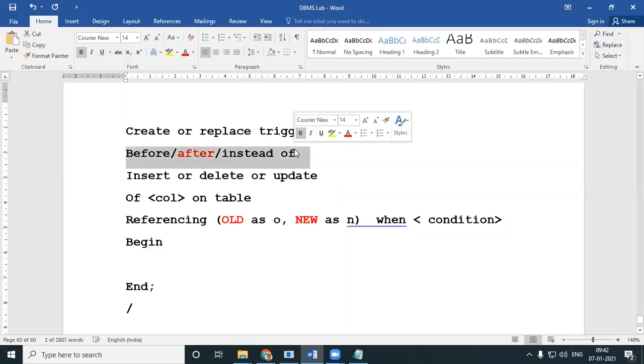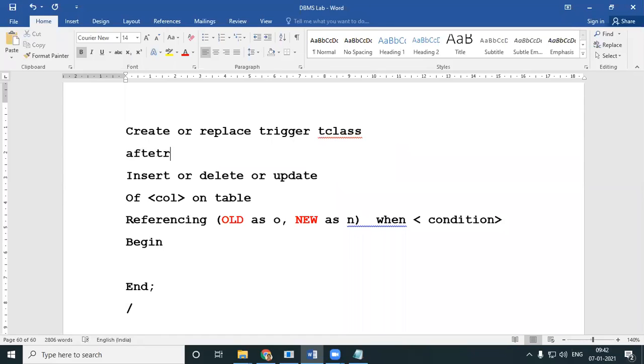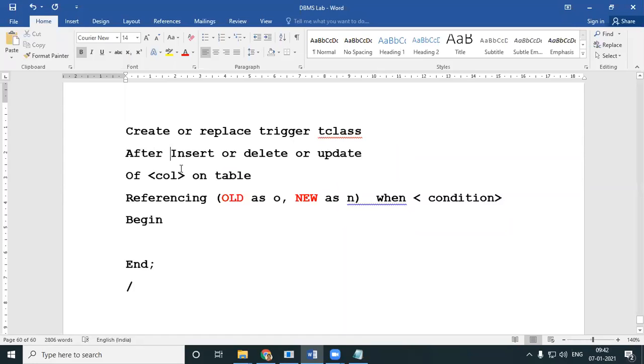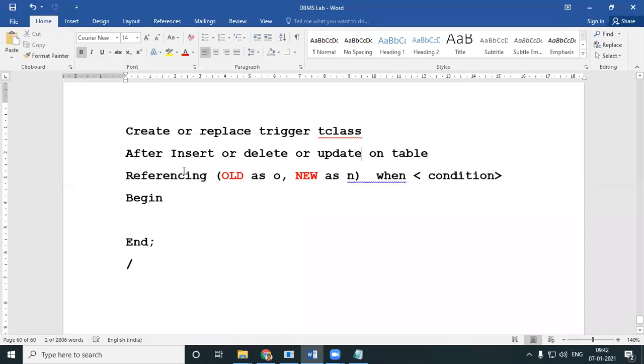Create or replace trigger T class. You can give either before or after or instead of. I'll give after. That means after every insert, after every delete, after every update, things should happen. If I want all the columns of the table to be updated, I simply give on, what is my table name?